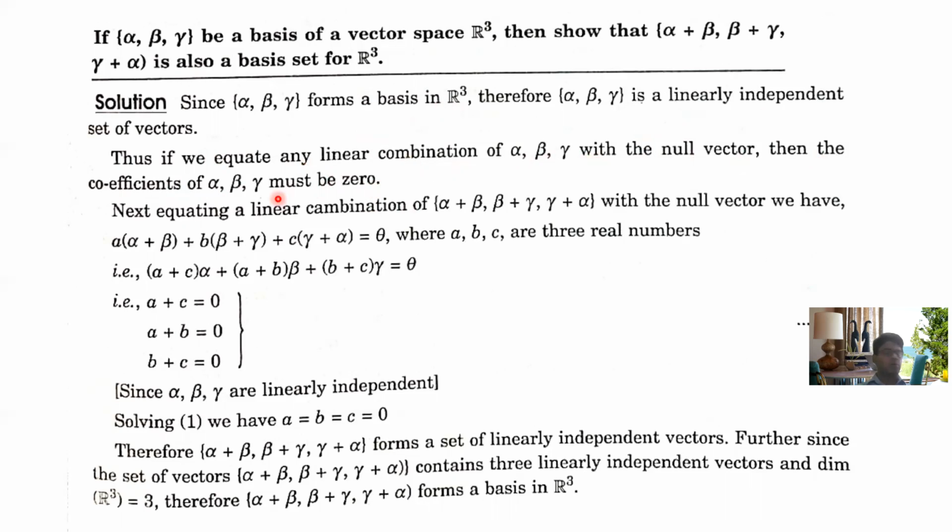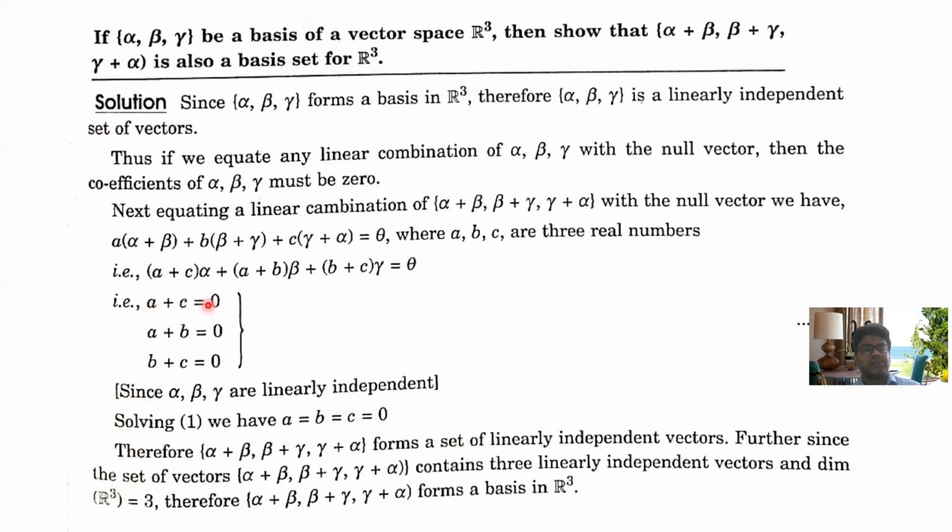Now equating the linear combination of alpha plus beta, beta plus gamma, gamma plus alpha with the null vector, then A(alpha plus beta) plus B(beta plus gamma) plus C(gamma plus alpha) equals the null vector, that is theta. So A, B, C are scalars. So from here it is clear, you can write (A plus C) alpha plus (A plus B) beta plus (B plus C) gamma equals the null vector. So if I compare component-wise,